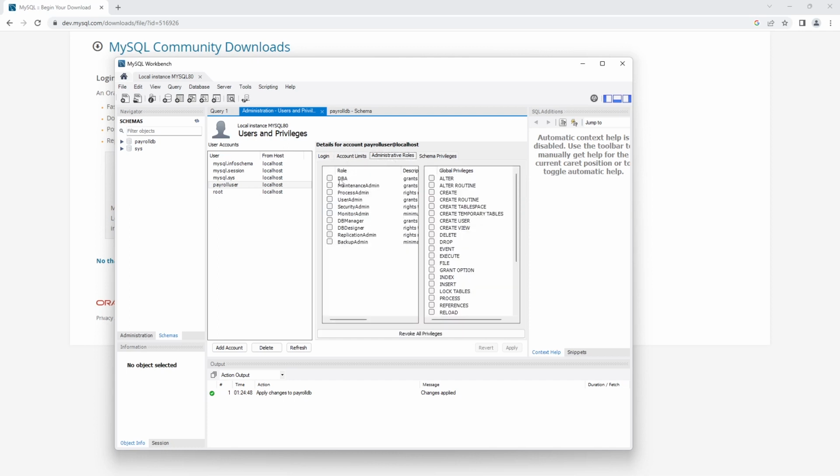So for now, I'm just going to give it a DBA role just to make it easier for ourselves. So DBA has access to all of them, so they can alter the table, create, drop, update, delete, anything. So we're going to give him access to all of it for now. All right, that's done. So now our new user and our database is created, and let's see how we can